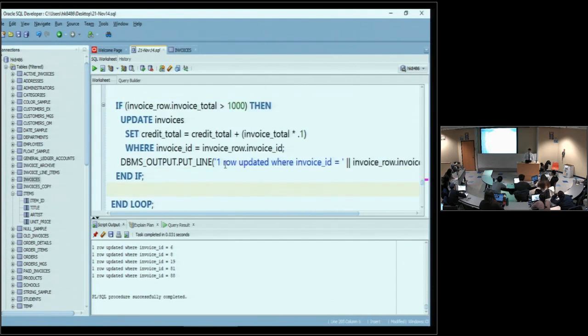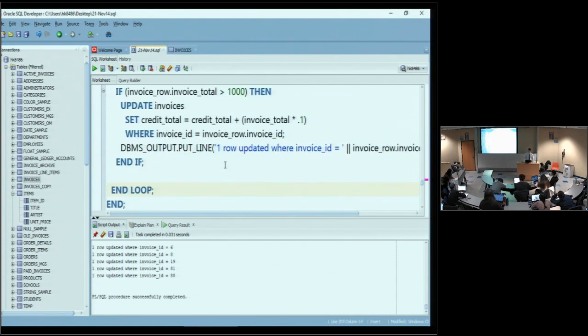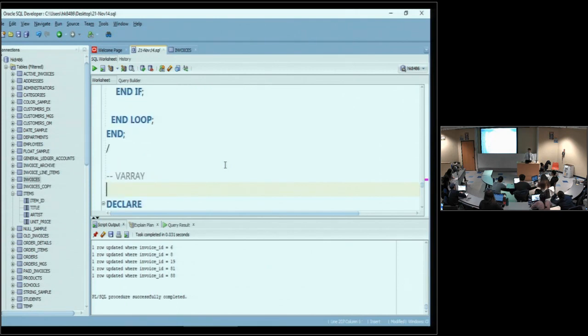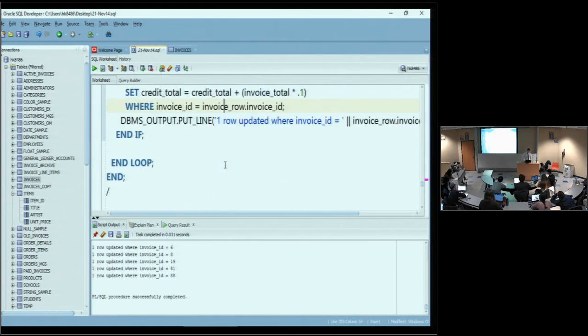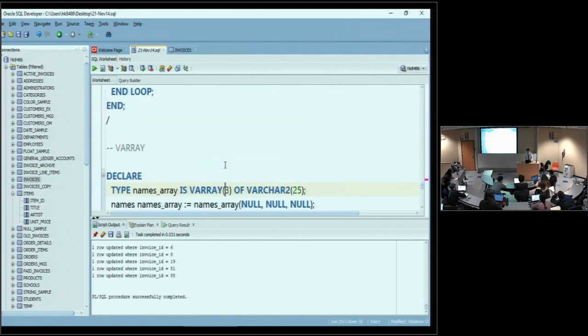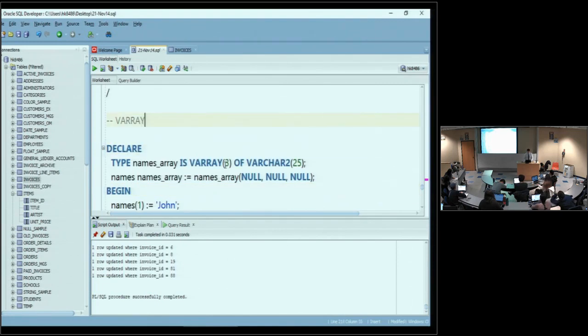Okay, are we good with cursor? So you don't want any more examples? No? Yes? Yes, okay. We don't have much time, but